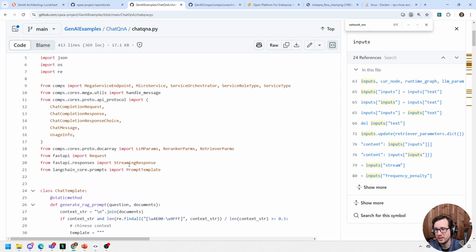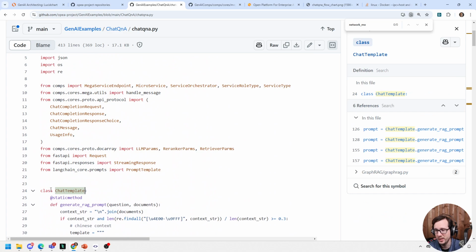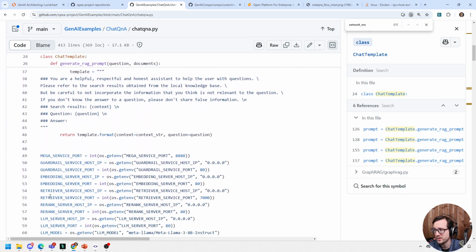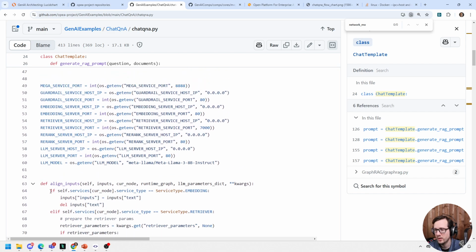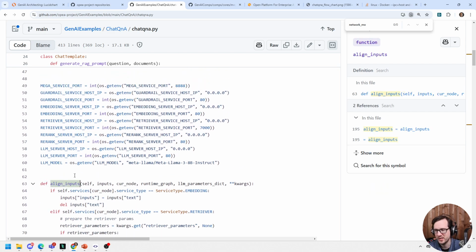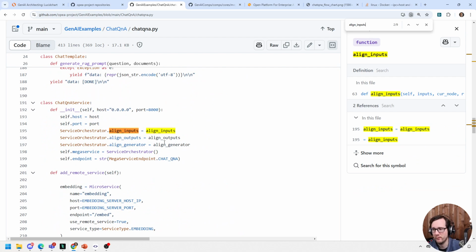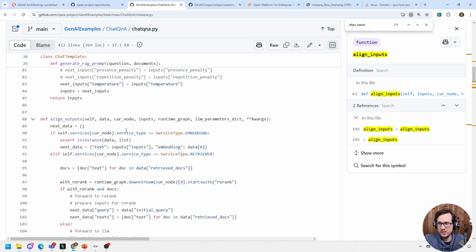But I guess the thing is, these are here in the chat template. So we have chat template. Is this the level it's at? No, this looks like it's right against the wall. So how is this being overridden? Oh, over here it's being overridden. Okay, so that's how it's overriding these things. But why would we need to change these things? That's my question.